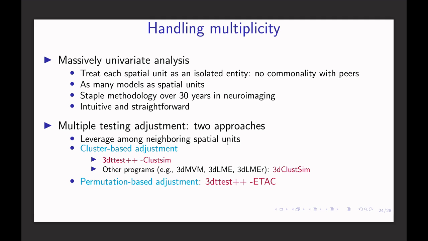The other scenarios, I mean, 3dttest++ is basically used for t-tests or simple ANOVA or ANCOVA. But if you have sophisticated designs, you may have to use 3dMVM, 3dLME, or 3dLMEr. In that case, there's no option directly embedded in those programs. So when you run those programs, you get the results, then you have to use a separate program,